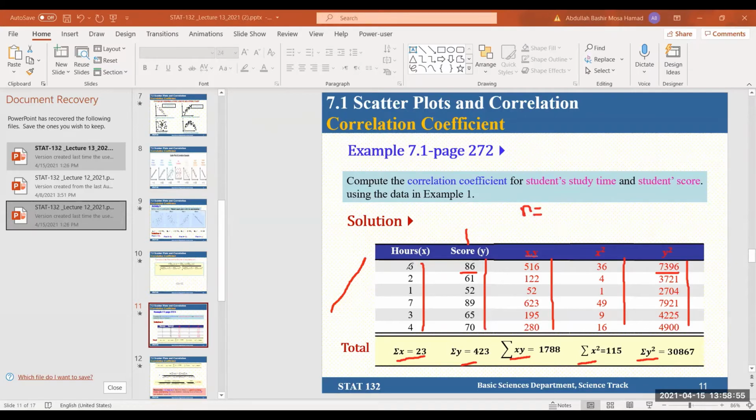How many rows do we have? 1, 2, 3, 4, 5, 6. We have 6 students, so the sample size is 6. This is a small example. So we use our formula